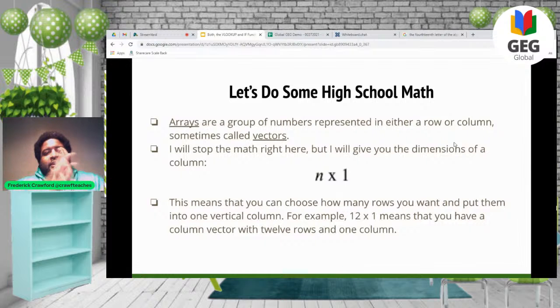All right, like I said, let's get ready to do some high school math. Arrays are a group of numbers represented in either a row or a column. Sometimes we call those vectors. So that's some math terminology for you. Then after that, I want you to see that whenever we have a column, we're going to have the dimensions